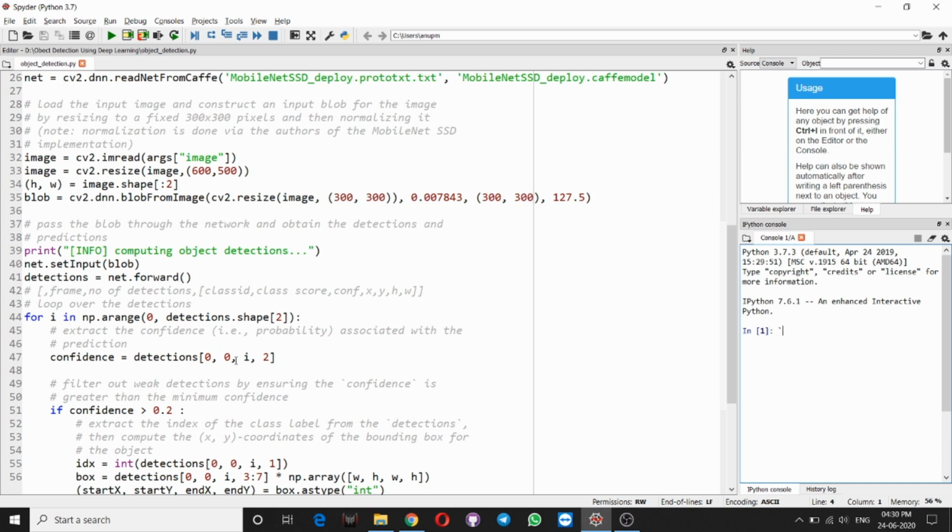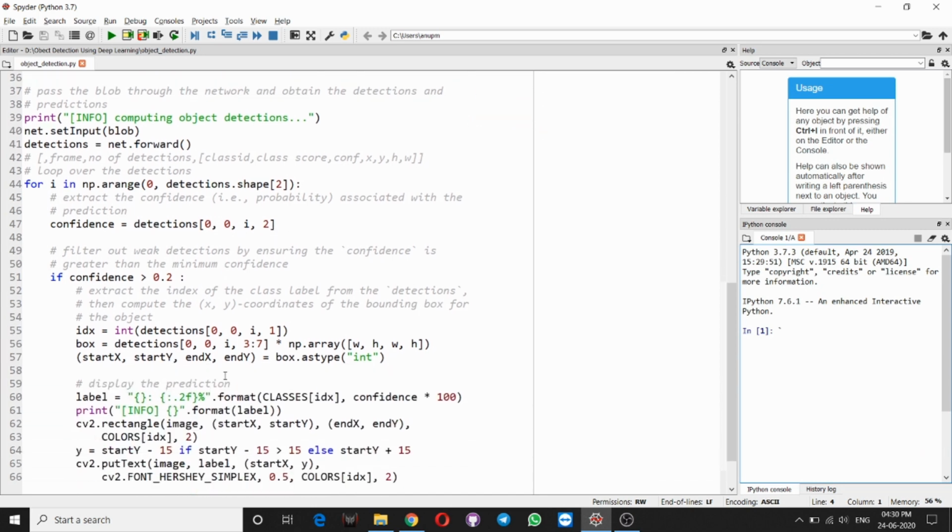So we are passing 0 for the first parameter, 0 for the second, the number of detection is i, and in the nested list we want the second index, which is confidence, so we have mentioned 2 here.